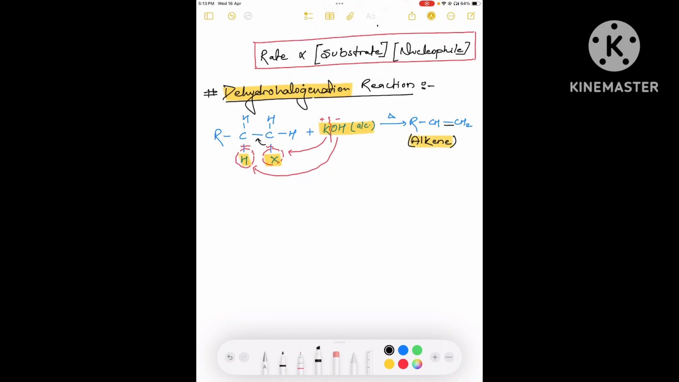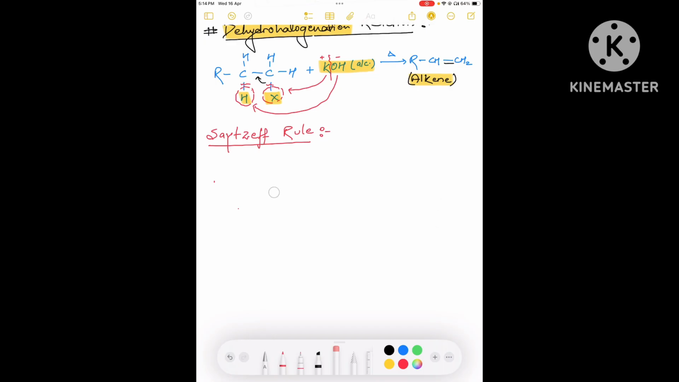Let's move to the next one. Inside this, again, students generally have some confusion. Students basically create some confusion in Saytzeff's rule. So what exactly is Saytzeff's rule? Let's know about this. Saytzeff's rule. So what Saytzeff's rule basically speaks about is that sometimes